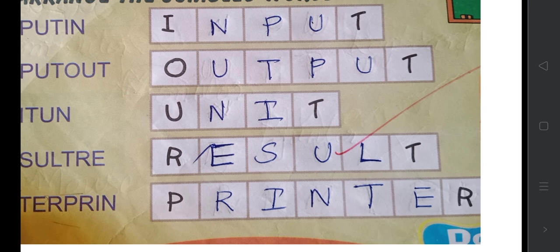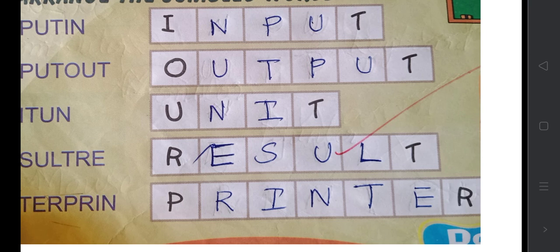Then the fifth one is printer. Printer, printer. Are you all repeating after me? You have to repeat after me, only then the word will come and sit in your mind. Printer, printer. This is how we have to repeat all the words at least 3 to 5 times, only